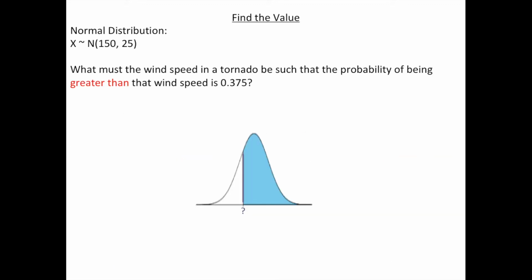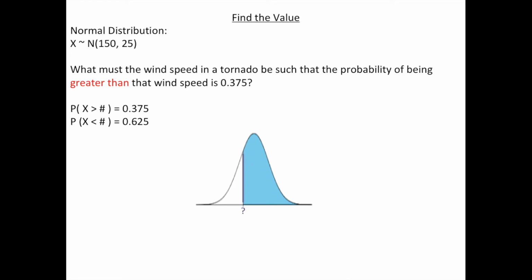Now if we look at the exact same problem but in terms of a greater than probability, now I'm given the probability of x is greater than some value is equal to 0.375. Again, if we're using the standard normal table, we can only read it in regards to less than probabilities. So if you're given a greater than probability, the first step is to take that probability and subtract it from 1 to rewrite the problem in terms of a less than probability. So now I can say the probability that x is less than some value is equal to